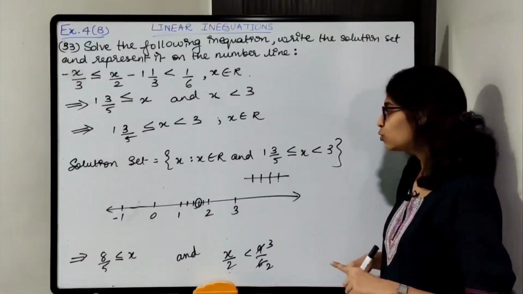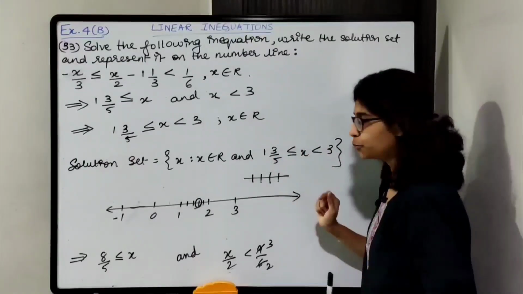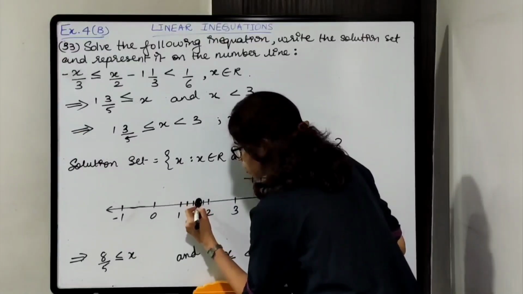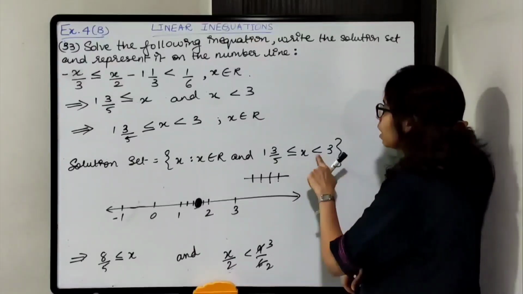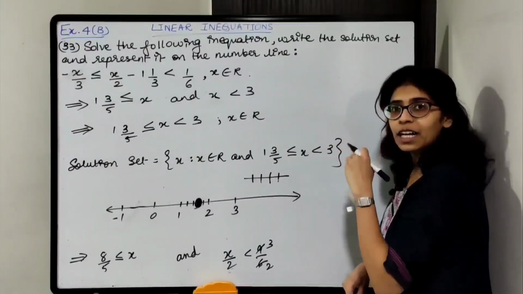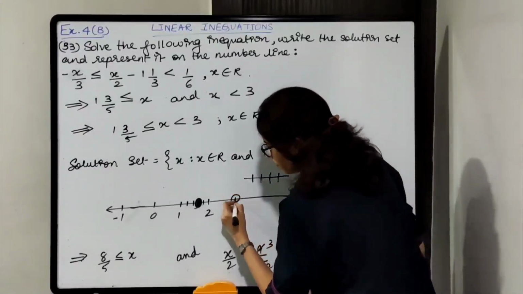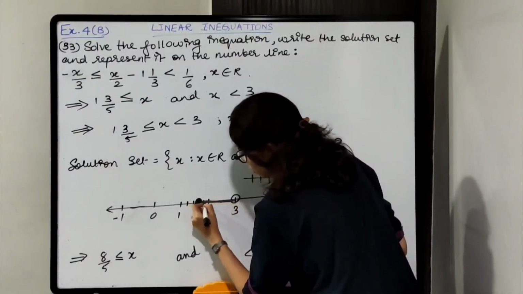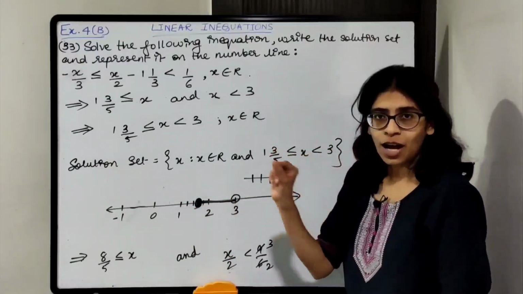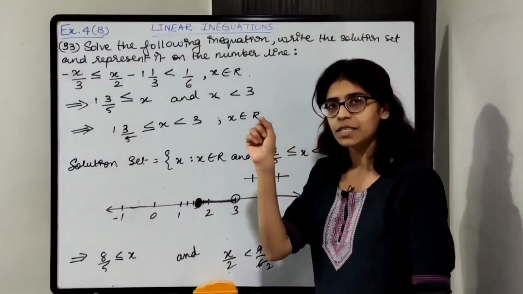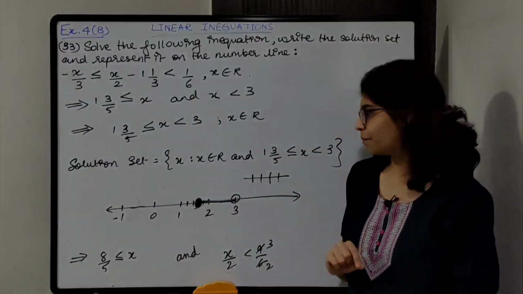Now will it be included? Yes, it will be included because x is equal to 1 3 by 5. It will be greater than or equal to. And of course fractions are included in the set of real numbers. So it will be included. Up to 3, it can be 2.99999 but not 3. 3 is not included, so just circle the 3. And in between any value is possible. So draw a thick, dark line with the help of a scale. Make the line a little dark with pencil, okay, but it should be very neat and visible, okay.